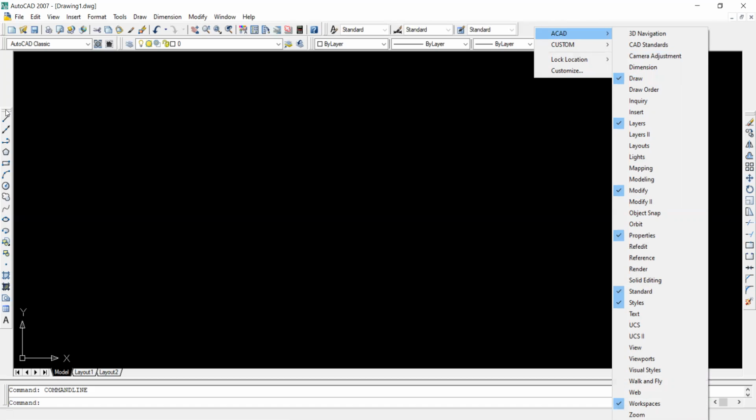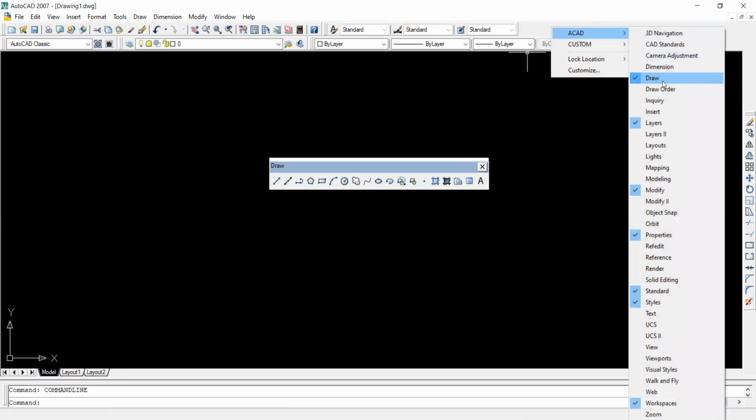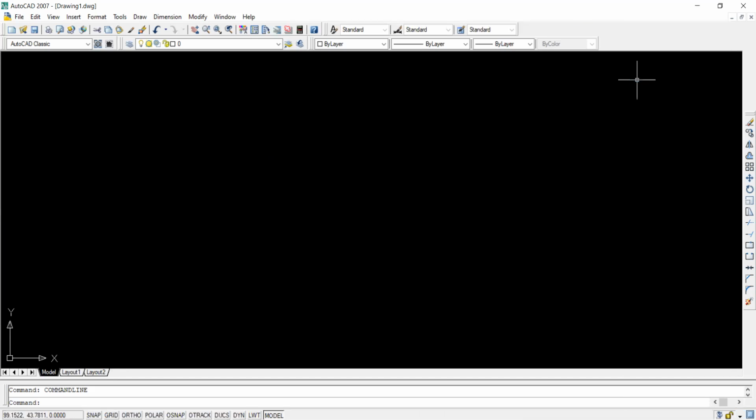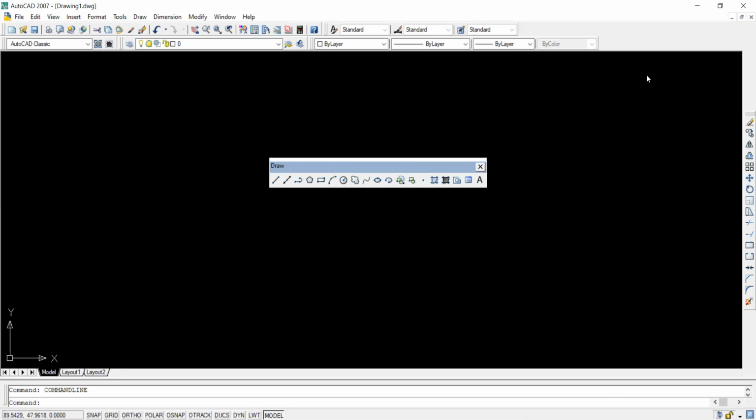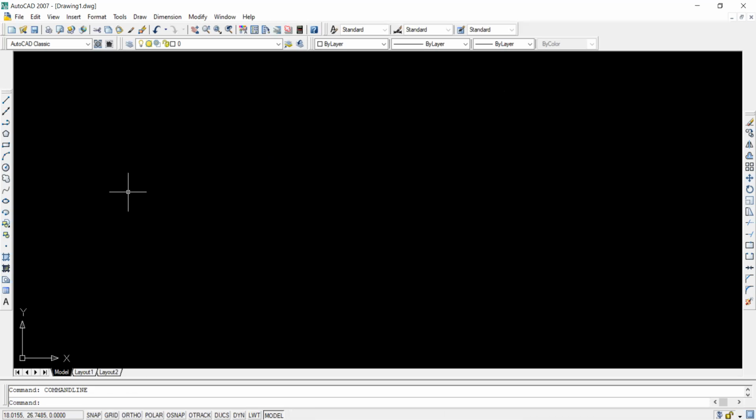Now we know that this is our draw menu. Okay, so you can find this draw menu here also. इथे सुद्धा आहे. If I click here, it is already open, so there is a mark showing it is open. So if I click here, obviously it is going to close down. Again you can open it by clicking. So these are the different types of drop downs. We can move this, we can drag this, and we can put those menus in a suitable place. ठीक आहे, हे सगळं आपण ठेवू शकतो.